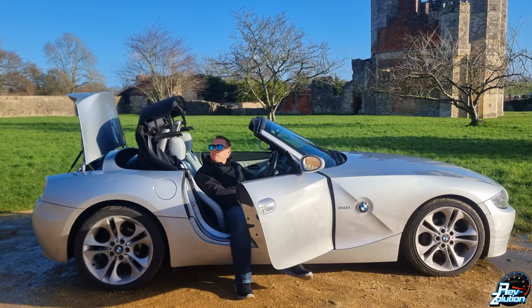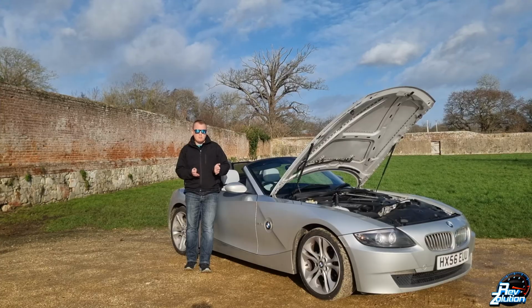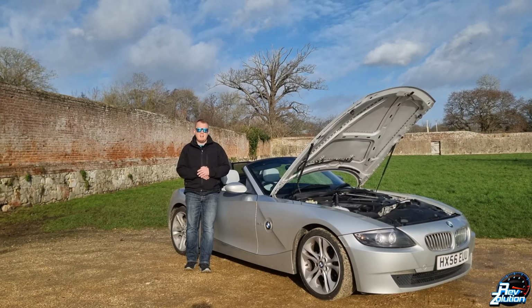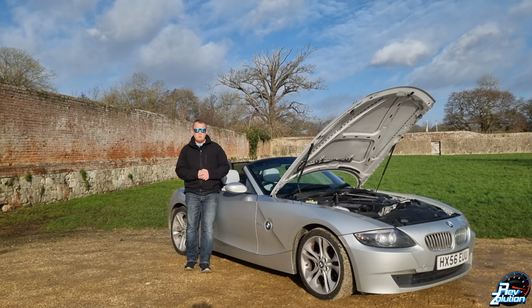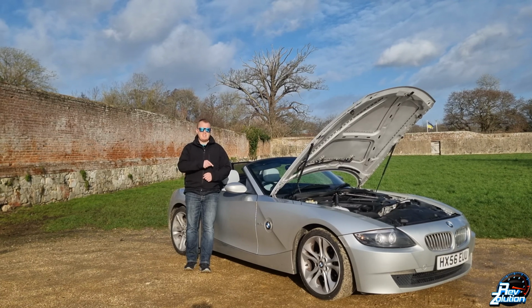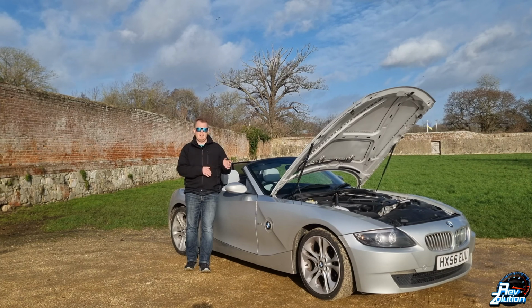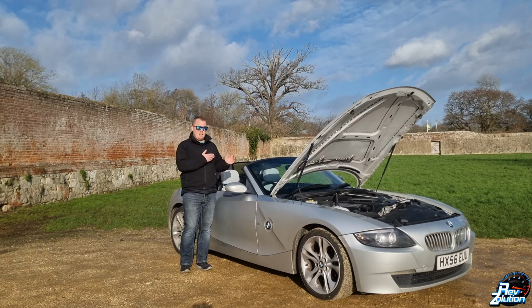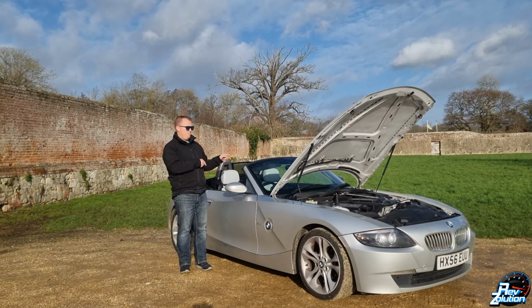If the motor fails, like I said in the previous video with the roof, it's £400 from BMW. You can get it for less than £120 on eBay, but if it doesn't work, just pull the cord out the back of it and it gives you the manual operation for this roof. For some reason, this one didn't really seem to work. I pulled the cord and it just carried on with the operation via the electronics. However, I'm not going to argue with that. It's working still, which is really strange because I'm pretty sure this gave up the other day, but never mind,